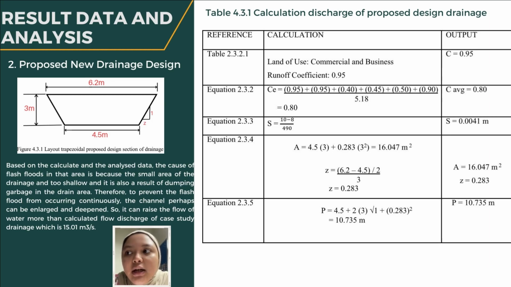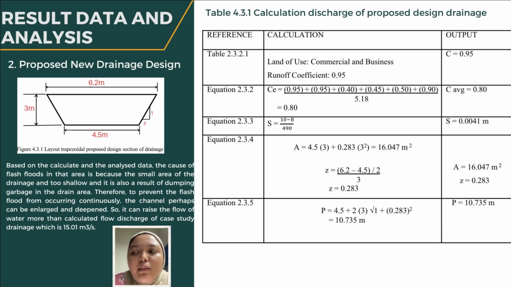section of drainage, which is based on the calculated and analyzed data. The cause of flash flood in the area is because it is a small area of drainage and too shallow, and it is also a result of dumping garbage in the drain area. Therefore, to prevent the flash flood from occurring continuously, the channel perhaps can be enlarged and deepened, so it can